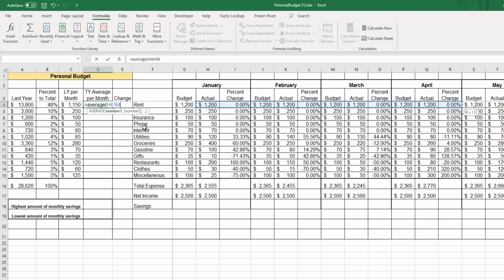That would be nice, but we have a non-contiguous set of data. So what I need to do is average. I clicked on actual for January, comma, and then I can either click or I can arrow over to the actual in February, comma. I'm going to arrow over most of the time,